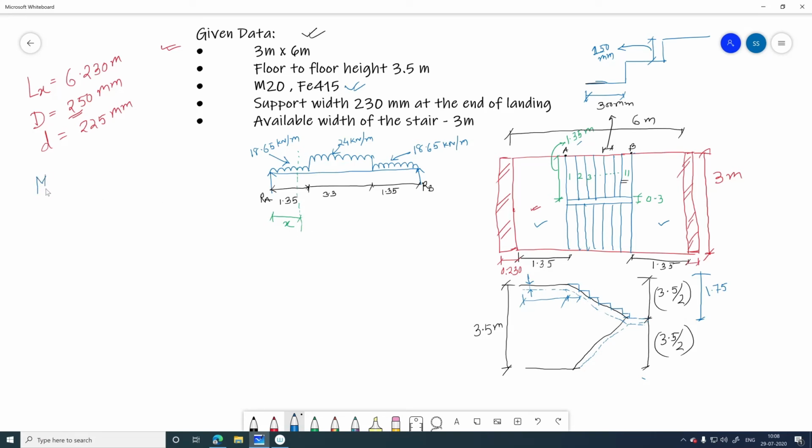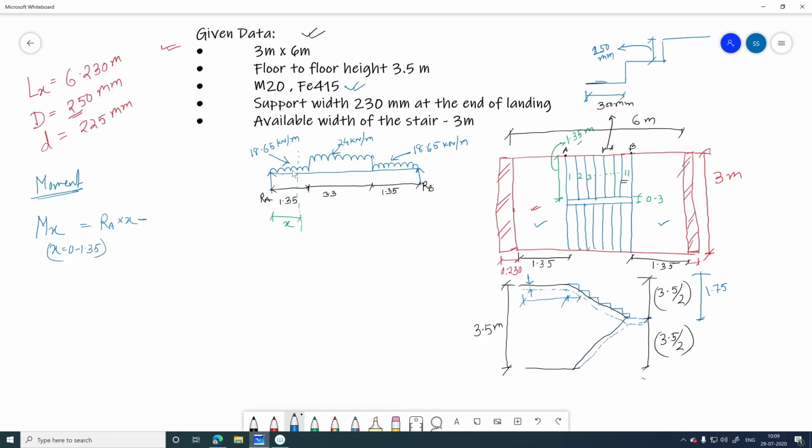So we write Mx, where x is from 0 to 1.35, that means this line lies in the range 0 to 1.35, right? So what will be the equation? That will be RA into x, minus 18.65 into this distance, that is from here to here, 18.65 into x